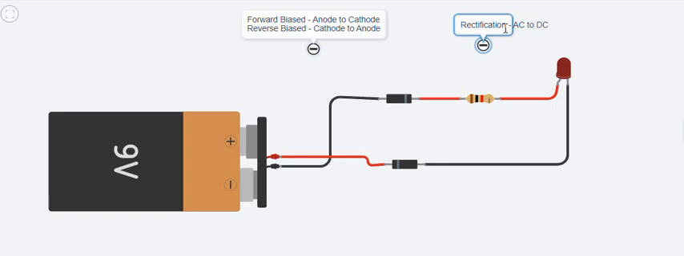So most of the time, our circuit runs on DC, all right? But sometimes we want to be able to use alternating current to power the circuit. In that case, the first step is actually to convert the alternating current to direct current, all right? If you look at the